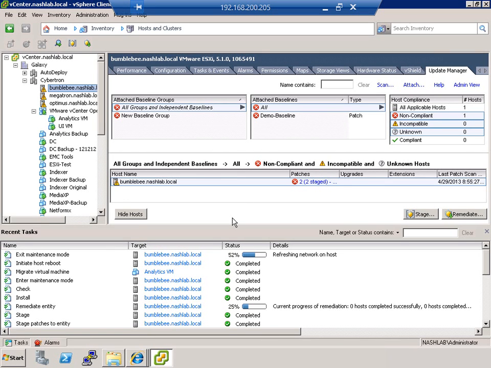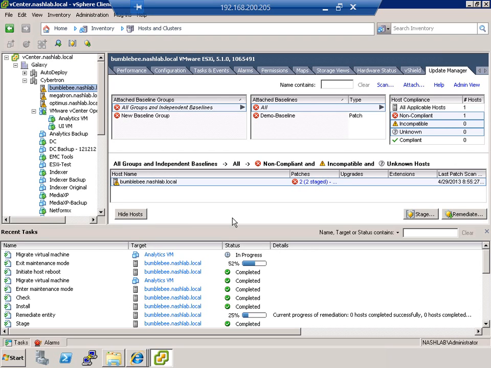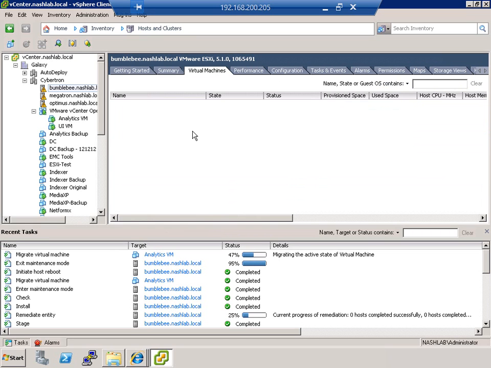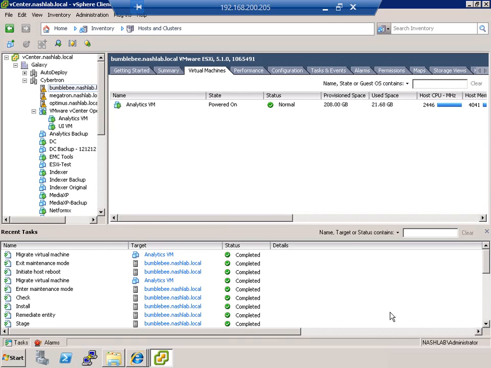Comes out of maintenance mode. And it's already starting to vMotion VMs back over to it. Still waiting for the remediation to end here. Maybe he's not vMotioning that one to that one because he's not ready yet. Well, it did. vMotioned him there. Still coming out of maintenance mode though. And there we go. One host completed successfully if you saw that go by real quick,